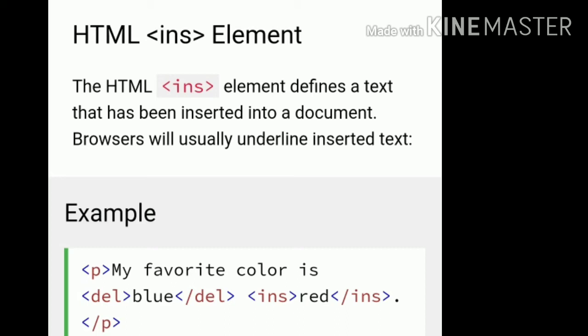You can run this program to give some output. First we can write a similar type of program for ins. It is html body. Similarly, you can write the html tag and body tag. After that, you can start a paragraph tag. In the paragraph, my favorite color is